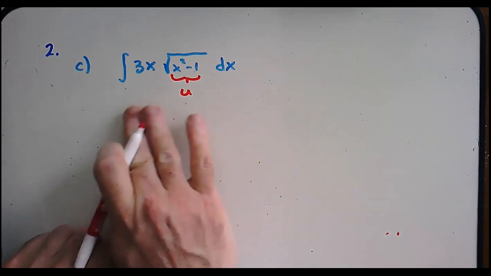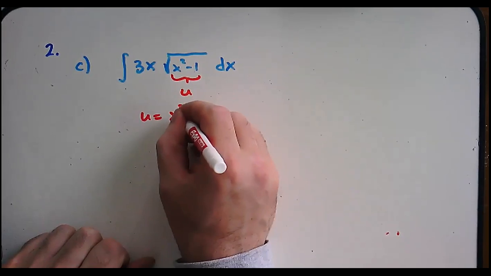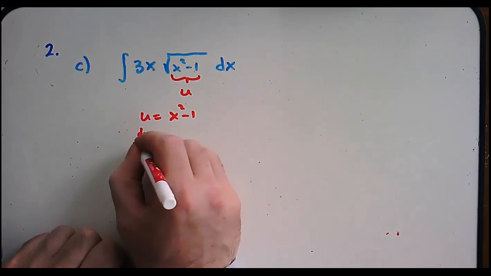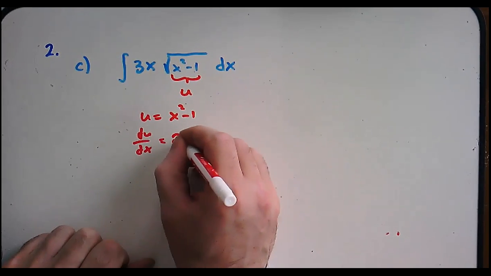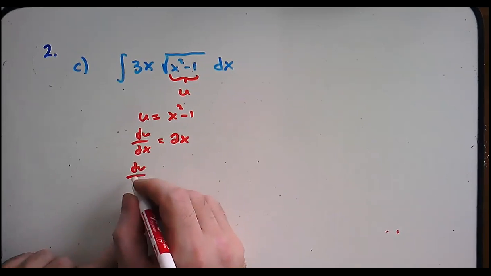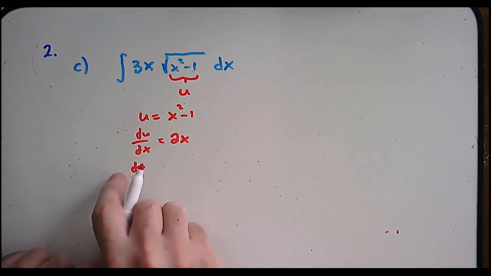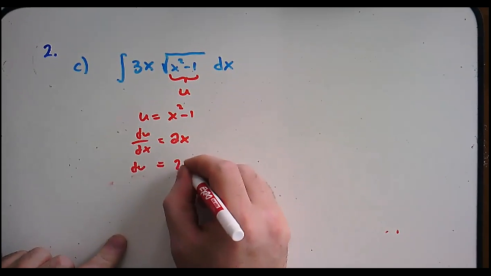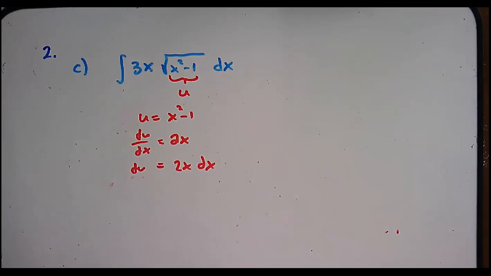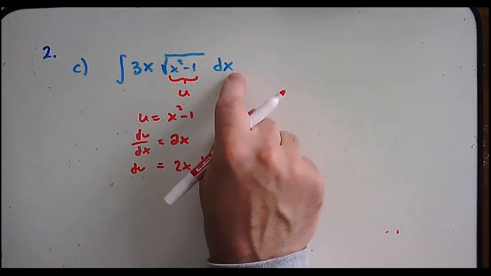So, sorry, if we have u equals x squared minus 1, then du dx would equal 2x, just the derivative there, and du equals 2x times dx. I'm just going to multiply both sides by dx there. So 2x dx. All right, this is the point where we look back and say, do we have this? Well, I have a square root of u right there, and I have a 3x dx,